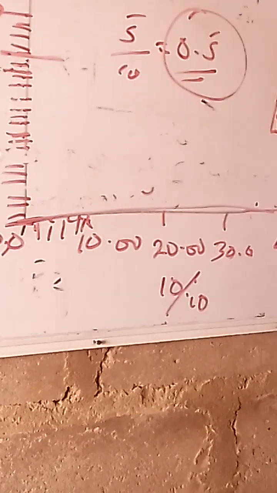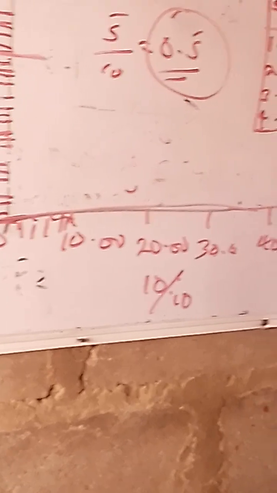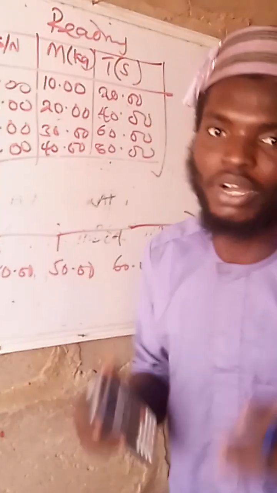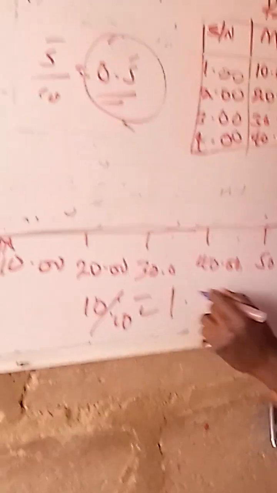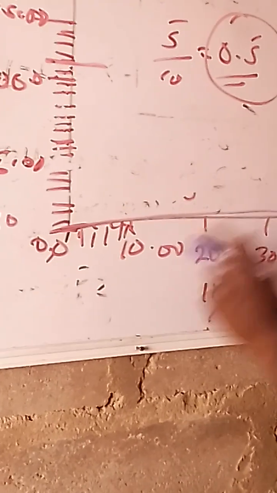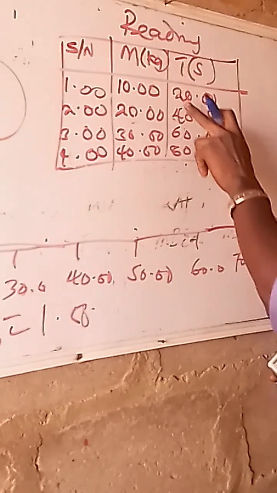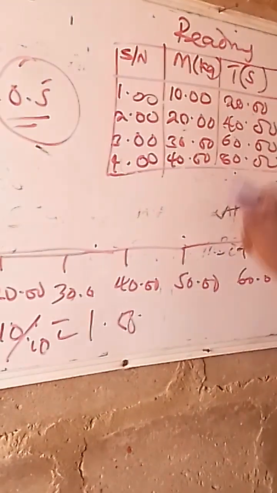You don't put all this, how to get number line. You put it inside WAEC. You just put it at the, this is how I can get my number. 10 divided by 10, automatically it is what? 1. 1.00. That means, if I'm looking here now, if I'm looking for 21, here, assuming 21 is there, it